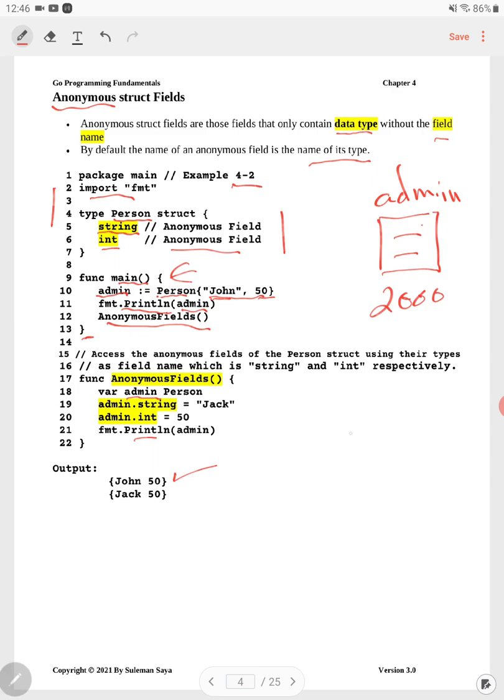Now, in this case, when we create this memory admin, as soon as we create it, the Go compiler has a capability of initializing these fields: if it is a string type, then it will be empty, and if it's an integer type, it will be zero. So these two fields within this person struct, we are creating admin of type person because person is a user defined type. So now they both will be initialized to zero,